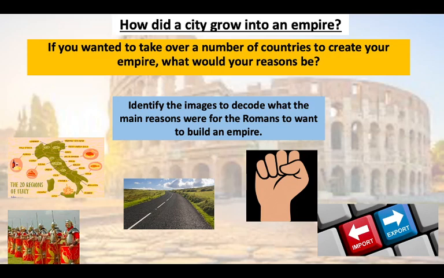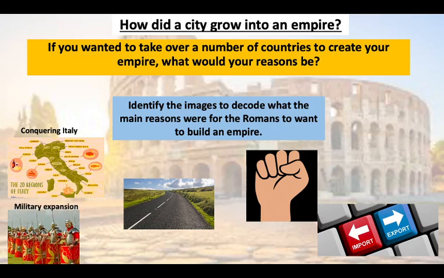Okay, so let's go through these reasons. So the first one is that the Romans wanted to conquer Italy, and that's going to form the basis of their empire. Because at the time, Italy was divided up into almost little kingdoms or regions, if you like. So Italy wasn't a united country at this point, it was all divided up. So you had your regions or kingdoms like Venice, Milan, Pisa, Florence, and Rome. Rome was its own separate little region.